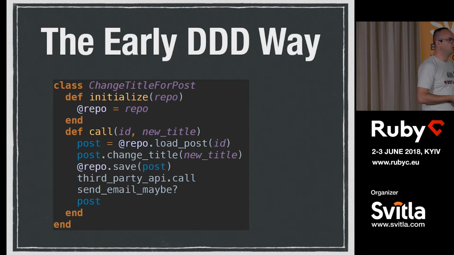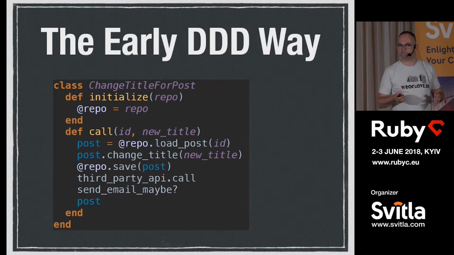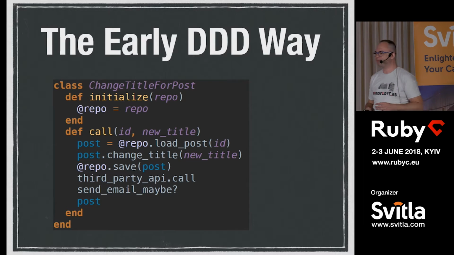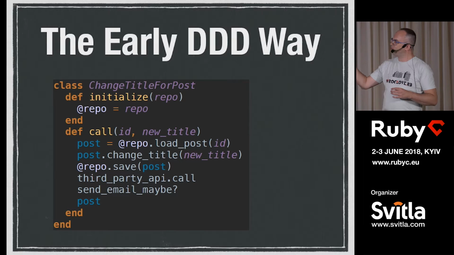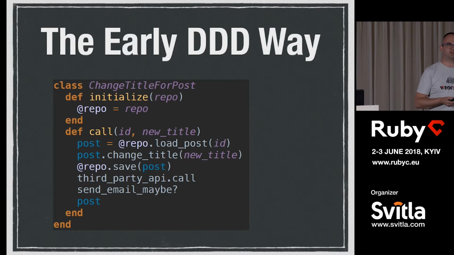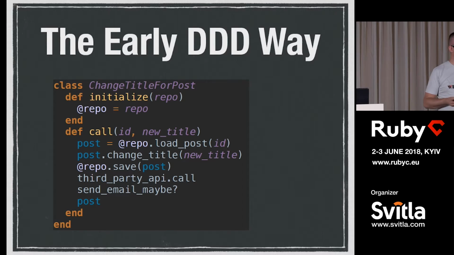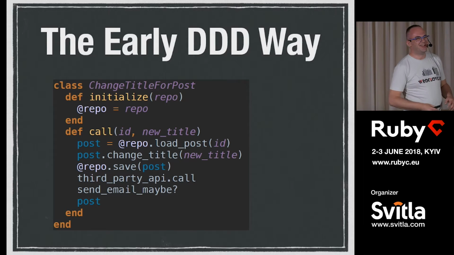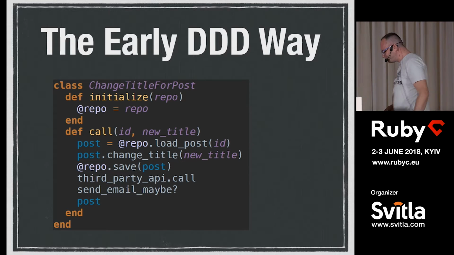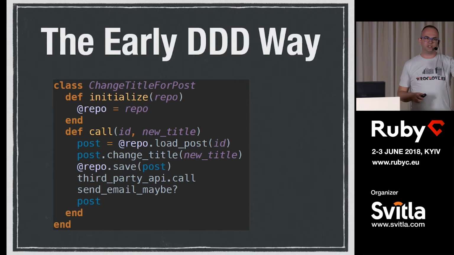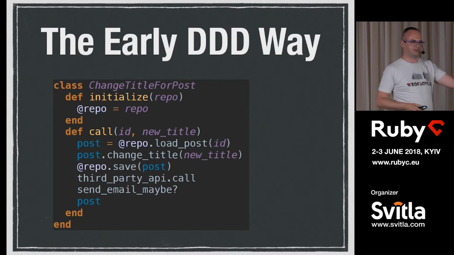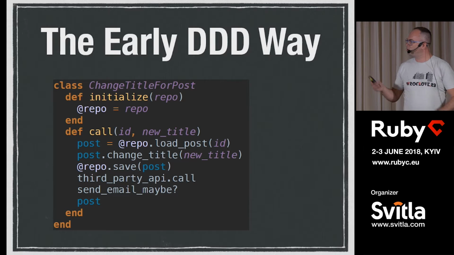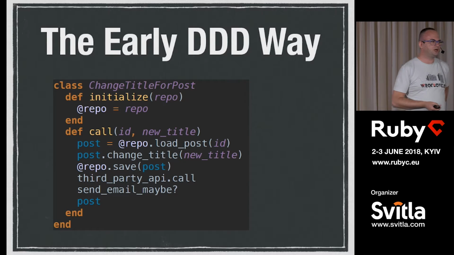Aggregates are the important objects in your application. And the DDD approach was that it's okay to use repositories, but the repository object was responsible for loading the aggregate, the important object, and saving it, two methods more or less. And also, usually at this moment, you come up with another idea, which is